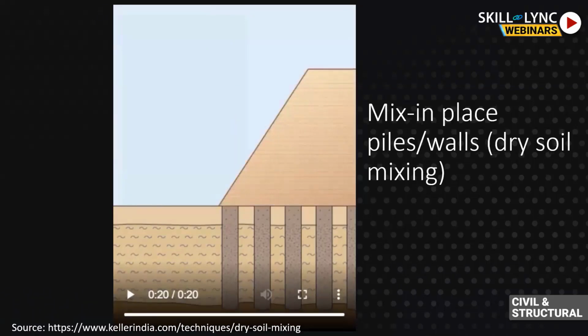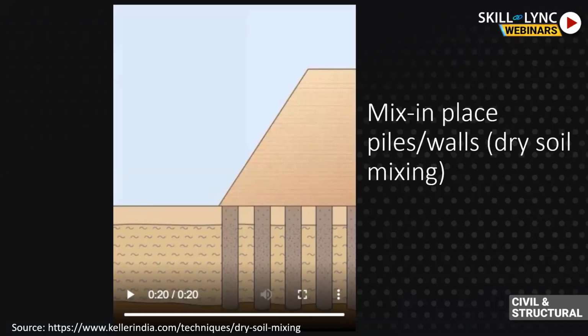Like when we add lime to soil, when we mix lime with soil, the first reaction that happens is exothermic. So that generates heat, and because of the heat, the soil loses its moisture and dries up. And at a later stage, after a few days, the lime and the soil react, and very strong columns form, depending on how the soil is mixed. If it is mixed in columns as shown in the video, then very strong columns or piles are formed.